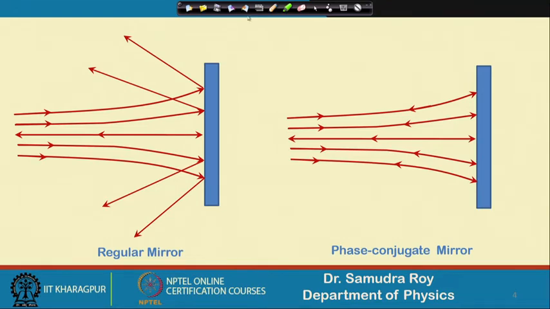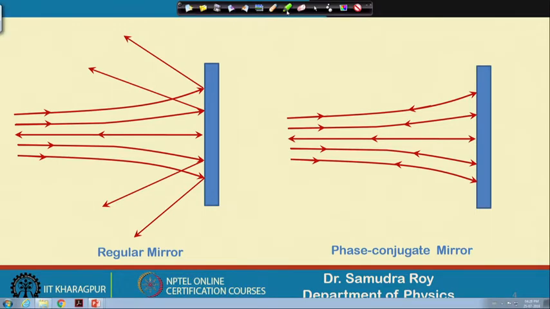So, you can see that this is a light where the wavefront is not really a plane wave, but is distorted like this after moving some distance. Because of this distortion, the light will be reflected from this mirror, and this reflected light can move in whatever direction it likes.